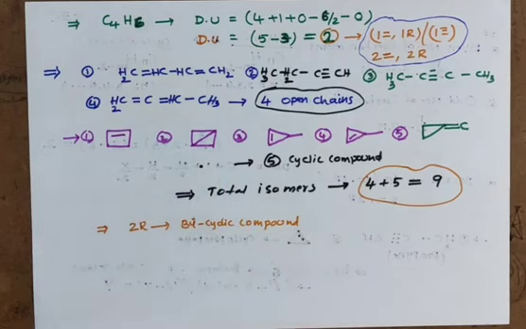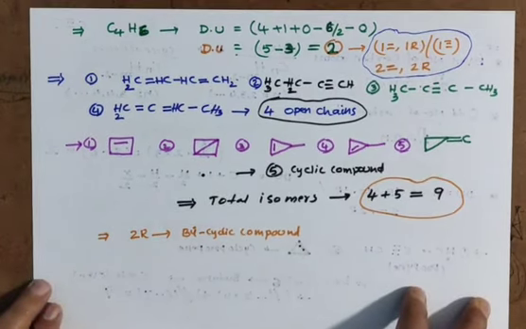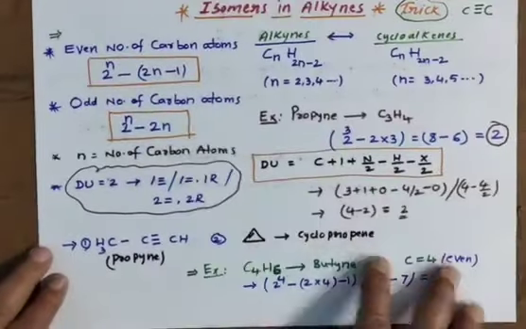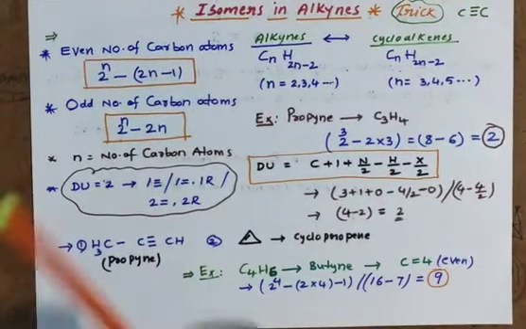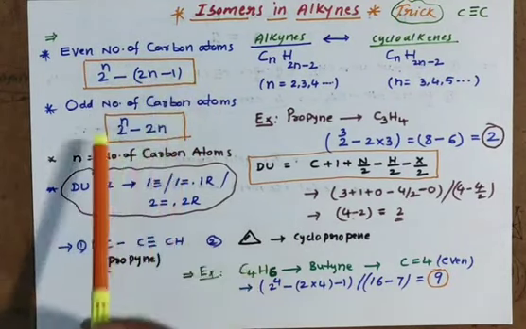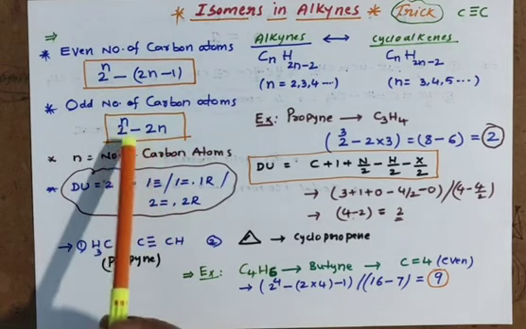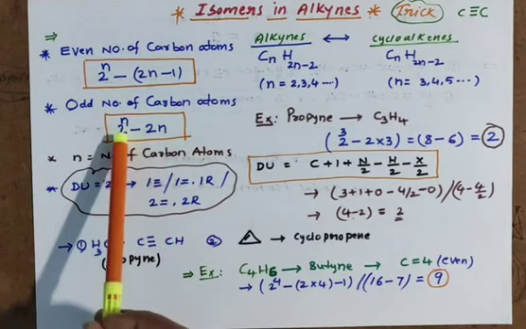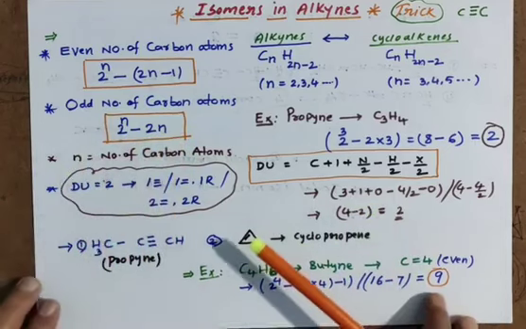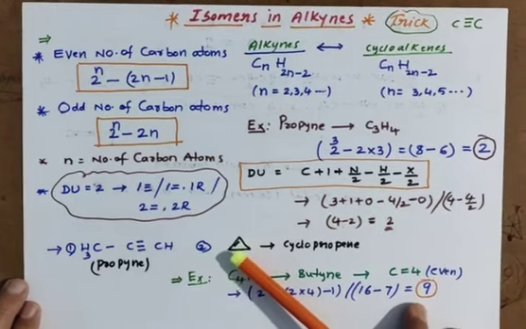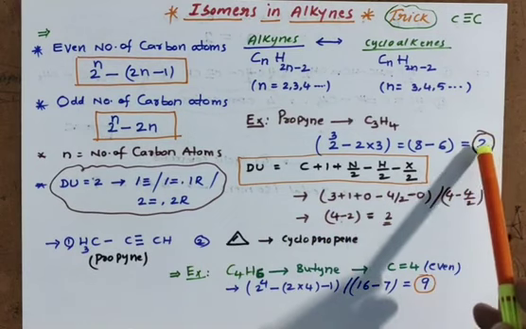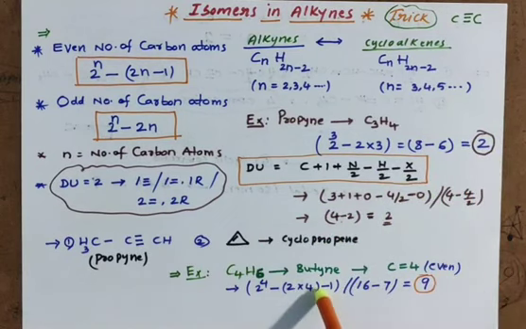Like this, without any deviation, you can get the formula, trick formula. This you remember enough. So even number carbon atoms are there, 2 power n minus 2n minus 1. Odd number of carbon atoms are there, 2 power n minus 2 into n. So no need any cross checking. Simply you remember this and you will get any number of carbon. For cross checking I shown with propane and with butane.